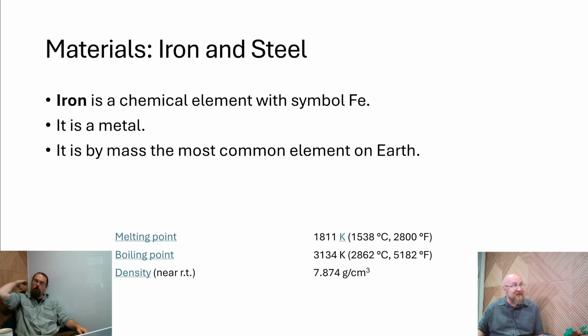And by mass, it is the most common element on Earth. It has a melting point of 1811 degrees Kelvin, which is really freaking hot, 2800 degrees Fahrenheit. It's pretty spicy. 1,538 degrees Celsius for anybody who's on the Celsius system. And then obviously it does boil. You get anything hot enough, stuff will boil: 5,182 degrees